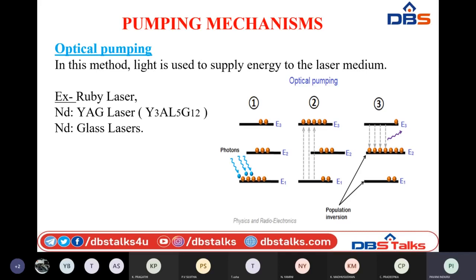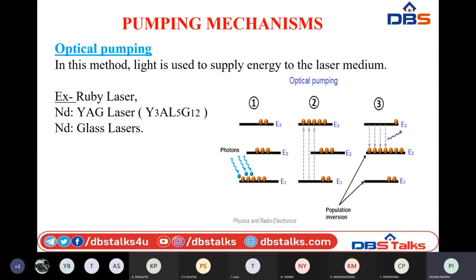So this is the process of optical pumping. That means here we produce high wavelength light, which is absorbed by the atoms present in the ground state. They go to the higher energy state E3. Since they will not stay there for a longer time, they fall back to E2, and we supply one more photon to the atoms present in E2.